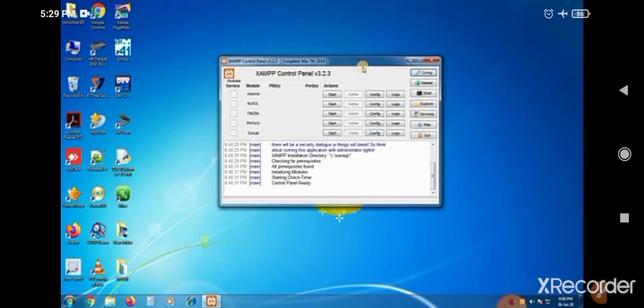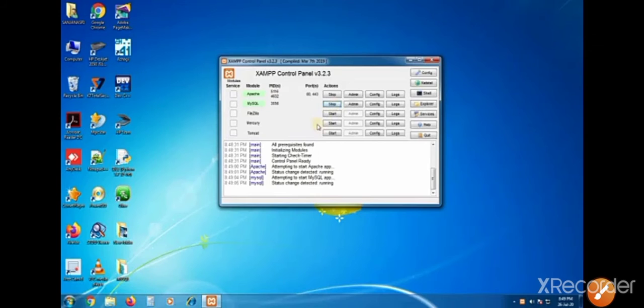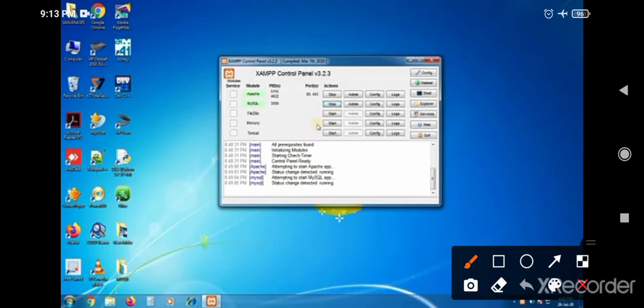How will it work? How to run this control panel? Now just click the Apache and MySQL services one by one.